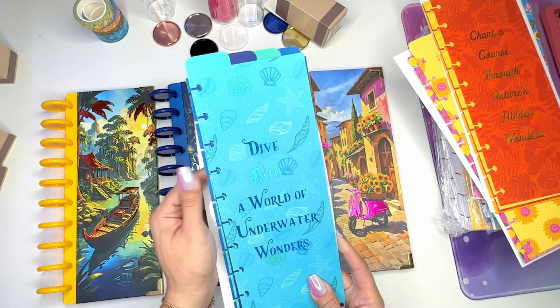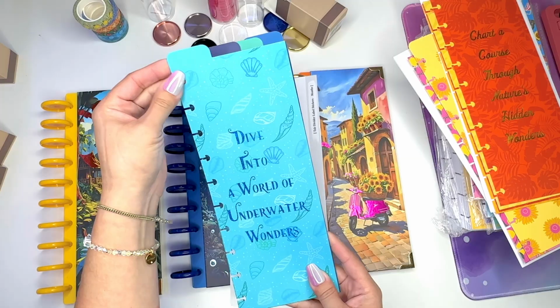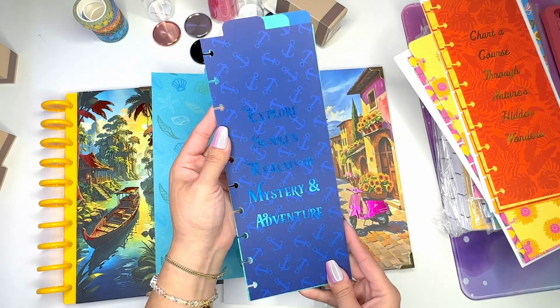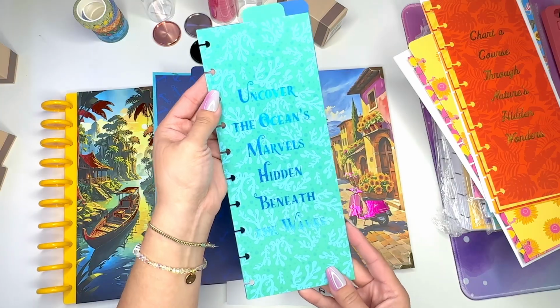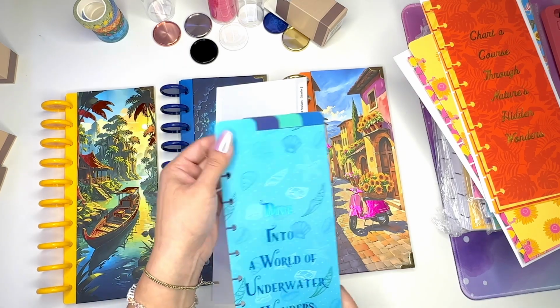And the first tab, and if you didn't already know, with the travel size planner, the tabs are at the top. "Dive into a world underwater." This is the back of it. Then you have this one that says "Explore sunken realms of mystery and adventure" with that foil. "Uncover the ocean's marvels beneath the waves." And then "Traverse the boundaries between land and sea." With the tabs being at top and then being a darker color,